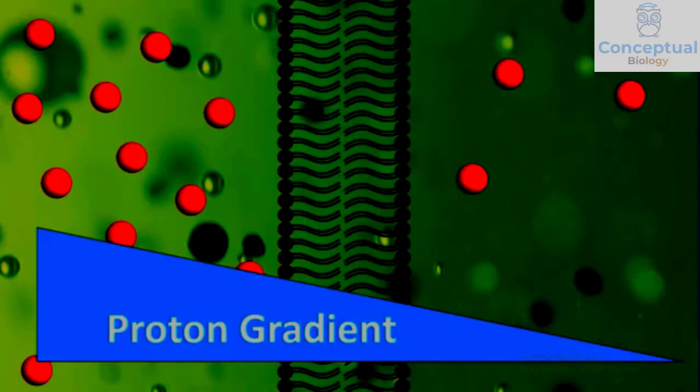At the same time, the region where we have more protons has a higher proton concentration, hence a higher acidic concentration, with respect to the region where we have fewer protons, and hence lower proton concentration or lower acidic concentration. Thus the electrical gradient and chemical gradient can be combined and called the electrochemical gradient. So the proton gradient is an electrochemical gradient, and this electrochemical gradient of protons is said to contain an electrochemical potential